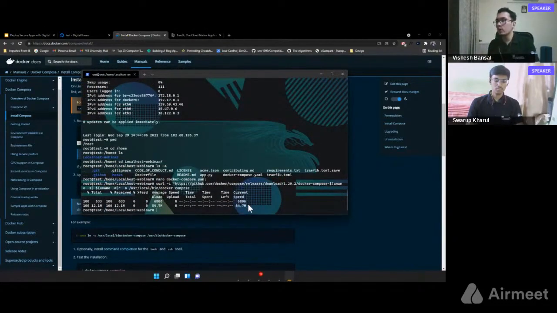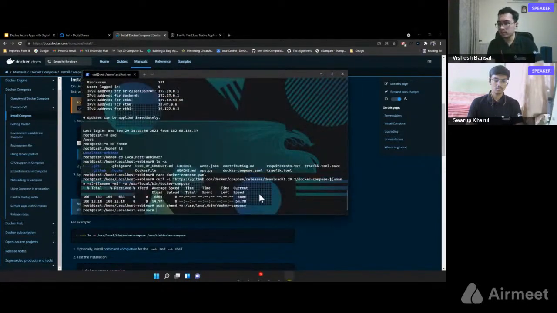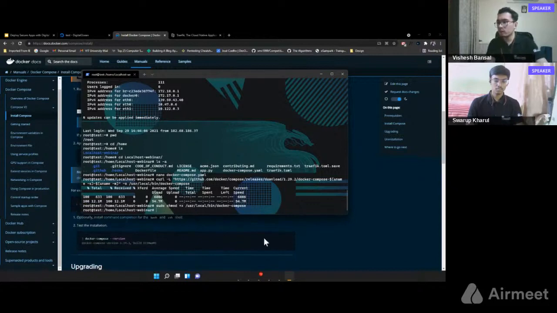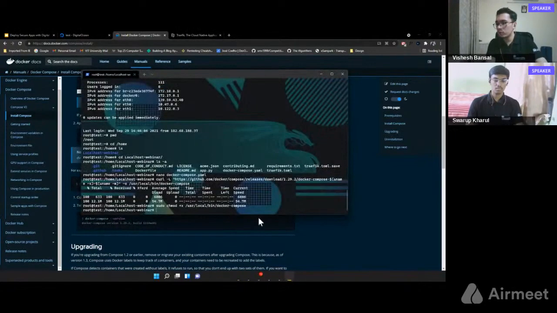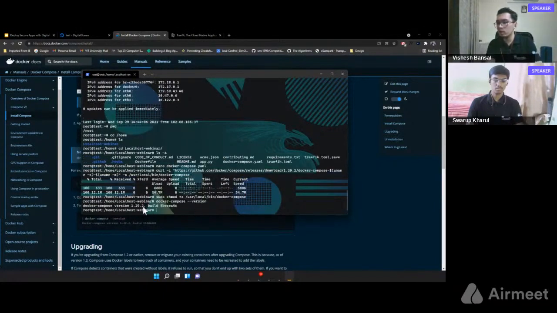We did a curl request, and see, Docker Compose has been downloaded. Then we do a chmod +x, saying that this is the default command that we're going to have, and let's just run this. chmod basically changes permissions, and +x means execute this as a root user. We had downloaded version 1.9.2, so let's see the version we had downloaded, with docker-compose version. See, we have the same version, which is 1.9.2, just with a different build image.